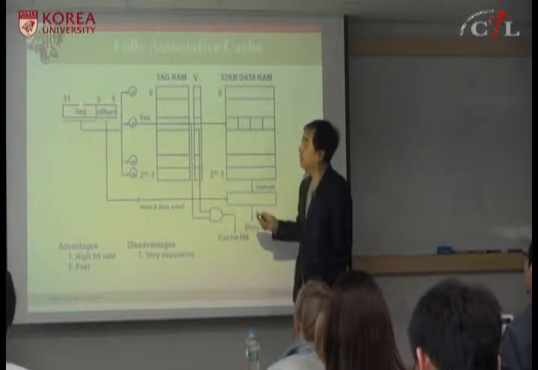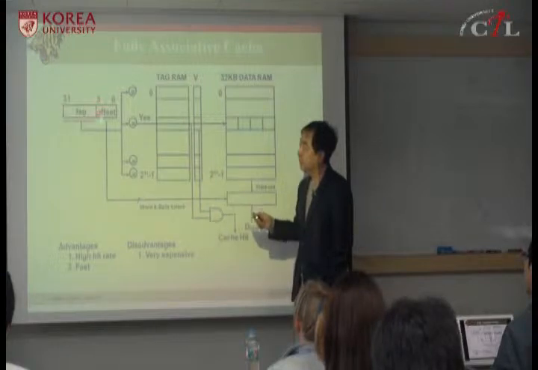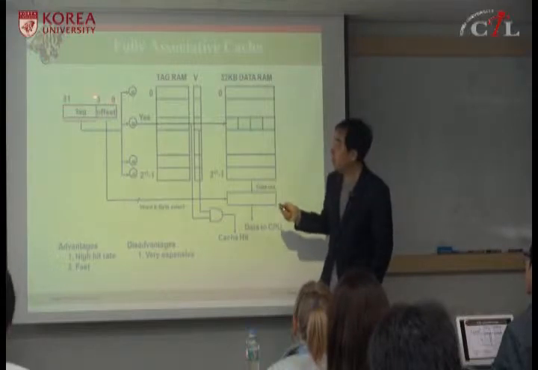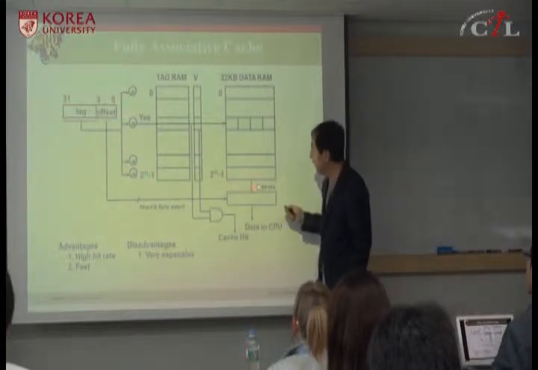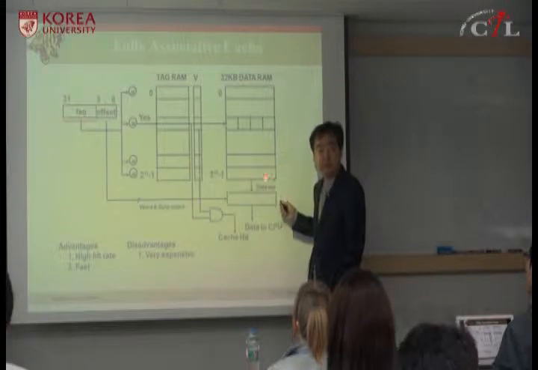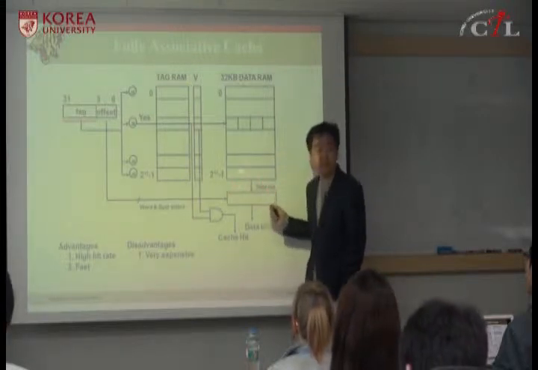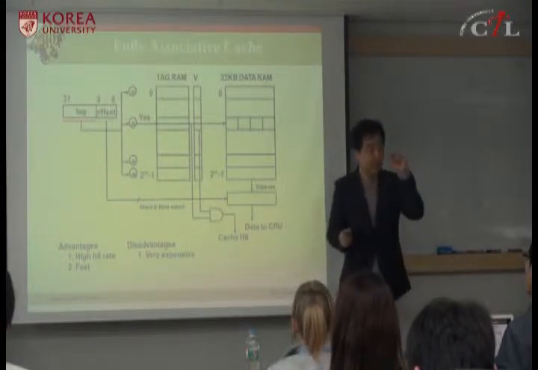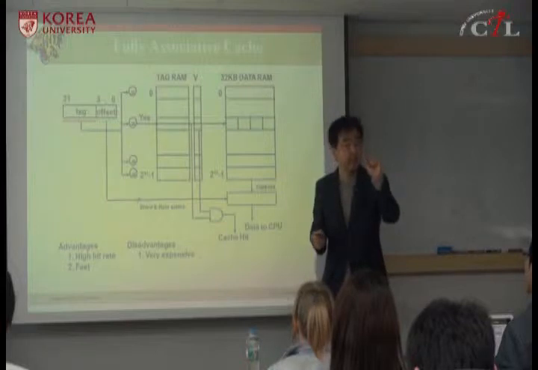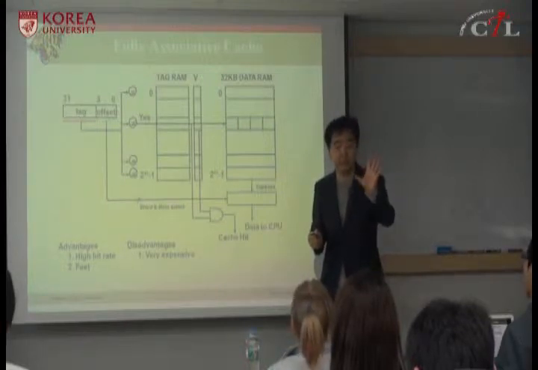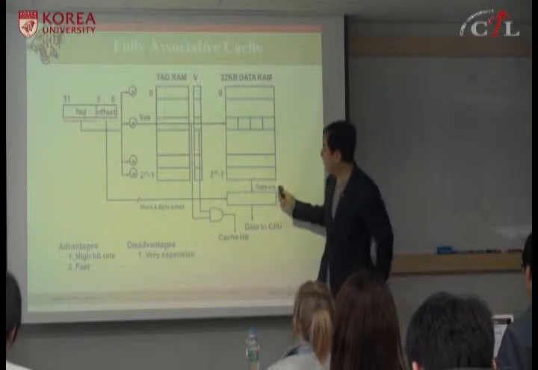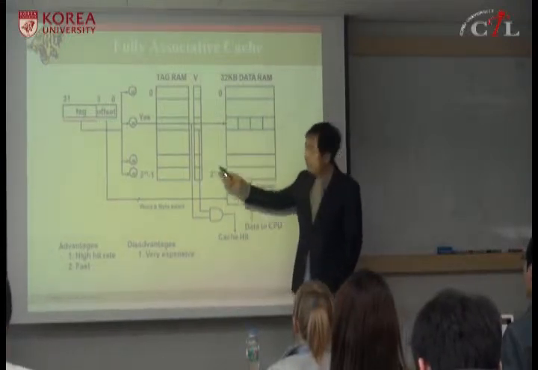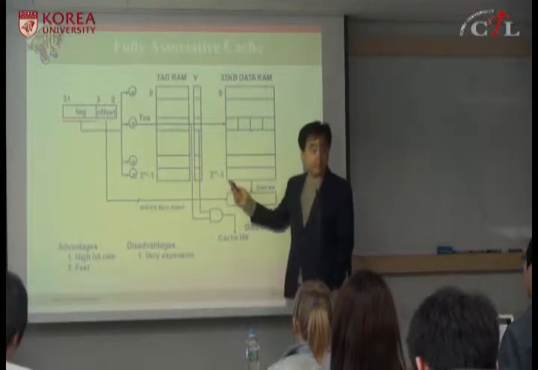From the address, the upper 28 bits tell you the memory block address, which is called the tag. And the lower 4 bits tell you which byte is the starting byte out of the 16 bytes, because you have 16-byte blocks. This offset tells you the starting byte address of the particular instruction or data you are looking for. So if the offset is 0, you are looking for the first byte. If the offset is 15, it's the last byte.